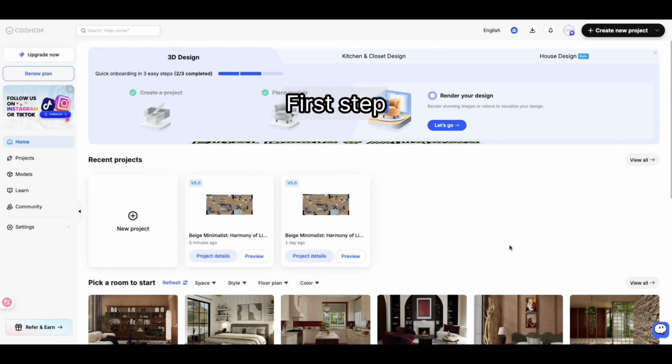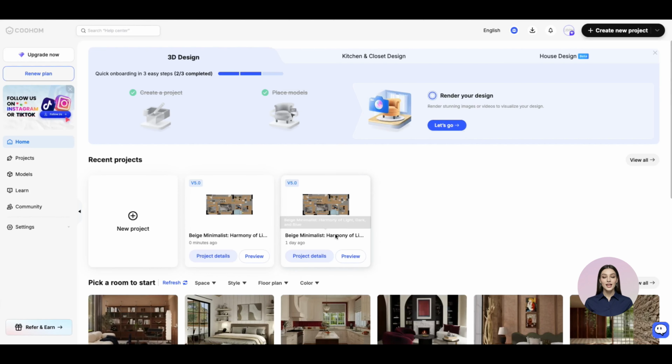In this course, we will guide you step by step on how to start doors and windows design quickly. Let's try it together. First step, enter doors and windows. Go to Interior Design Tools. Click Advanced Tool. Select Doors and Windows to enter the customization interface.